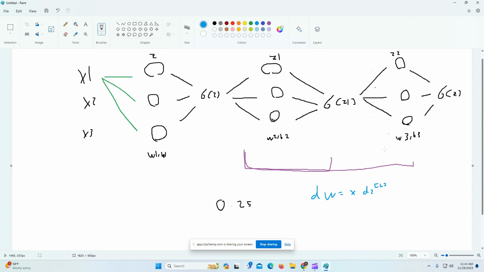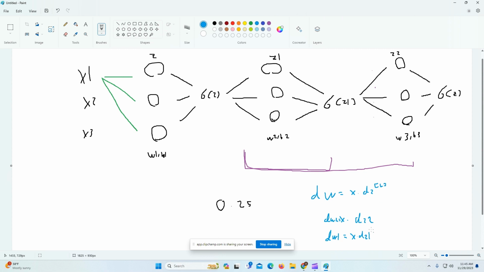So this may be z2 second layer, z1 first layer. So let's say the derivative of w2 is x times the derivative of z2, right? And derivative of w1 is x, I forgot to put an equal sign there, is x times the derivative of z1,